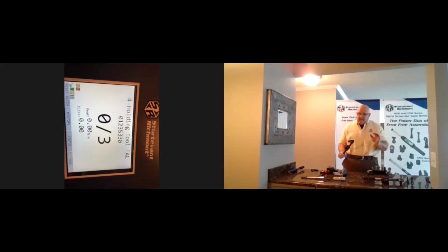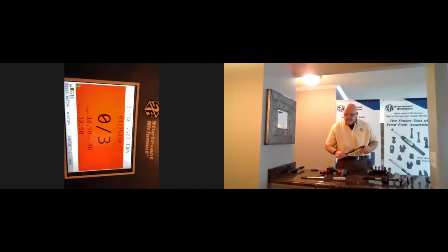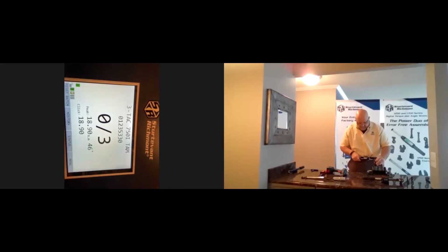I'm going to illustrate three different ways we could use the torque angle click wrench. Number one, I'm just going to use it as a standalone. I'm going to use it as a shoot and click, and I'm going to use it in a holding tool application. The first thing I'm going to do, I have it in a torque angle mode, and I'm just going to start pulling the wrench. I already pulled, so that's great. So what I want to do is show you, and pull this wrench,